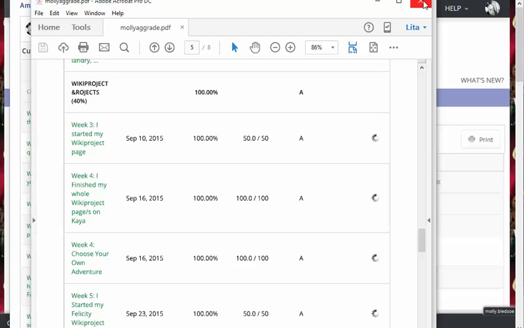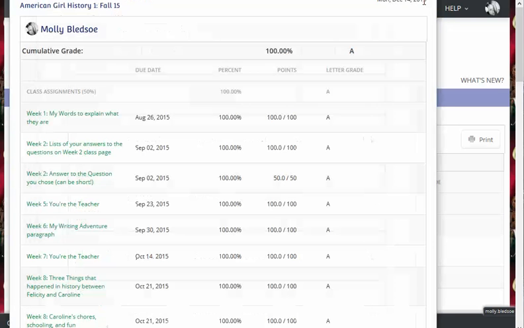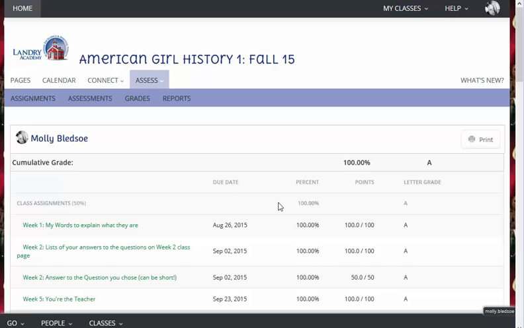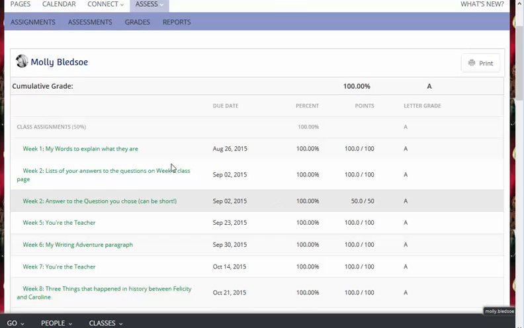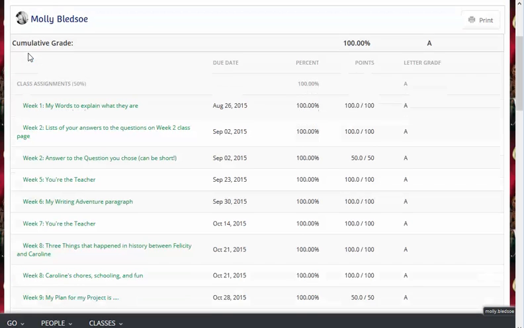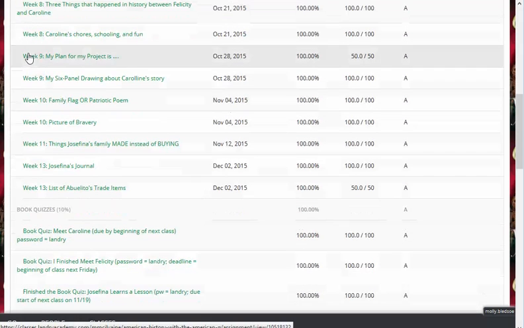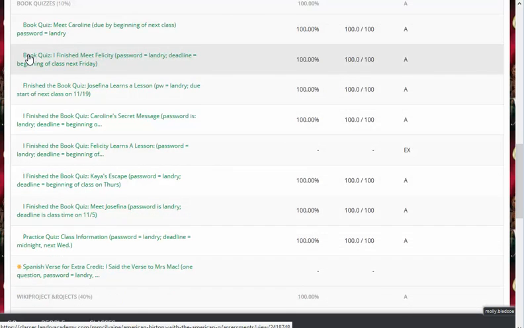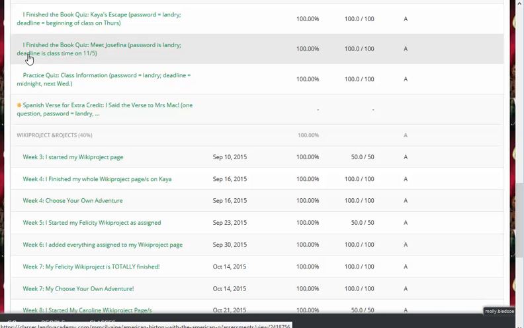Now this is not an option if for some reason you can't save it to a PDF. Then you can also try, I'm going to go ahead and close this and get back to our original screen, you can take screenshots, just a print screen of each of the pages that you need so that you have an image of each of them. And that might be an alternative way for you to make sure that you have all of the records, because you only have access to this grade book for 30 days after the class has ended,